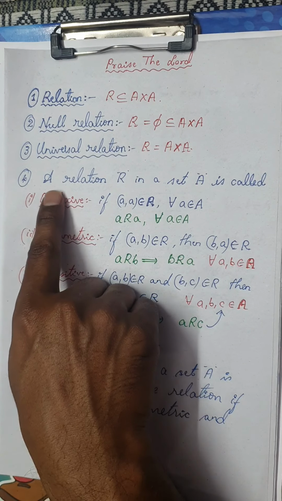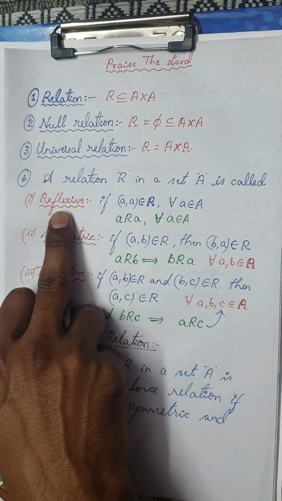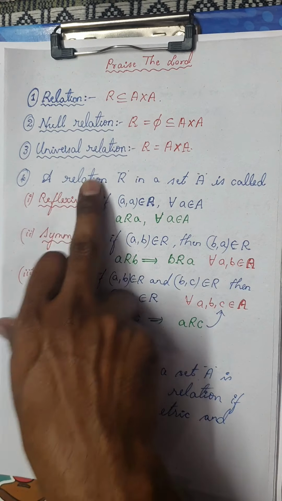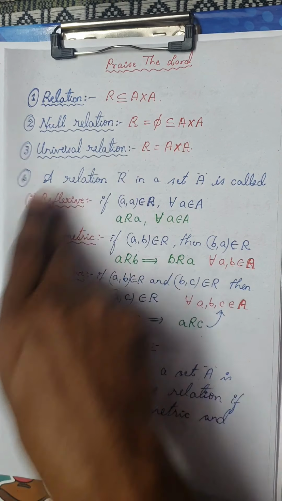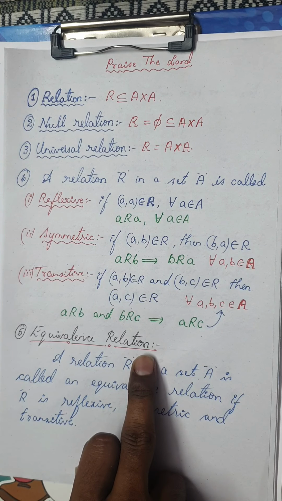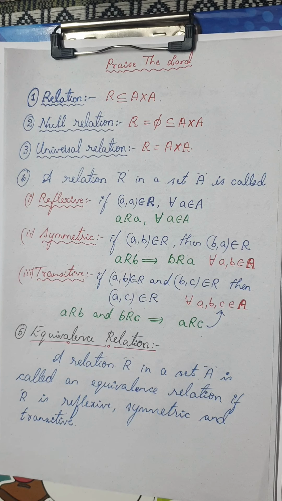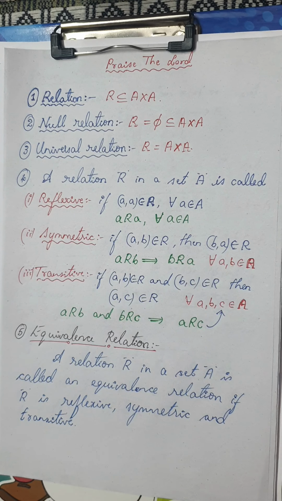Okay, so what definition is this? A relation R in a set A is called reflexive. We are going to see these relations very much in this session. Reflexive relation, symmetric relation, and transitive relation together is called an equivalence relation. Remember we've already dealt with this in the previous session in detail, but I'm just brushing you through the definitions because we're going to work the problems related to these definitions.